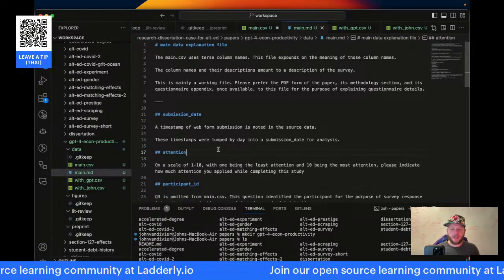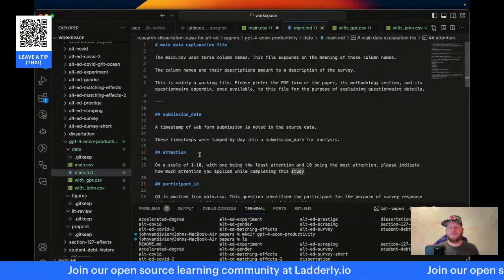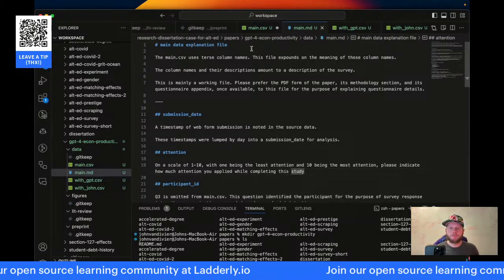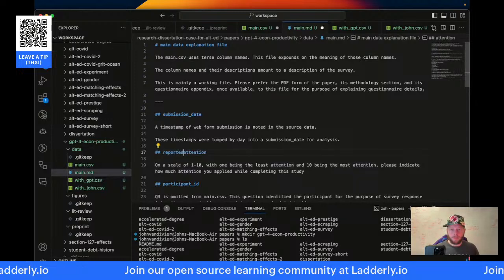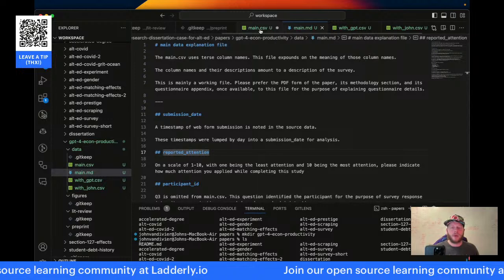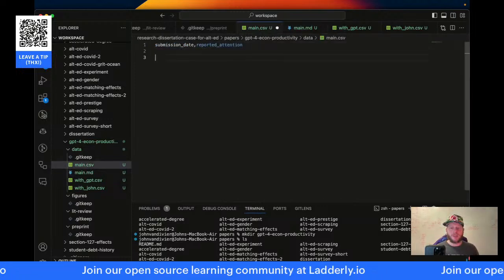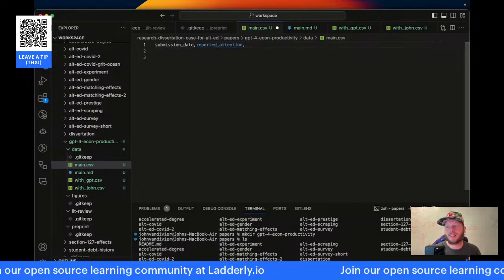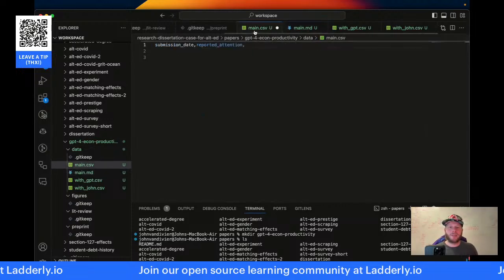Oh, it's already clear that it was self-reported. I'll call this reported attention, just to keep it really clear, even in my own mind, as I go through the analysis, that this is their reported attention. And there's a bunch of research on the importance of that. It actually does make a difference to ask them. I don't know. People are weird for whatever reason.